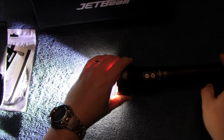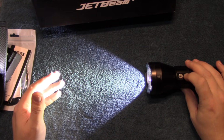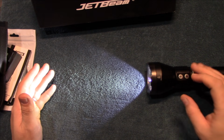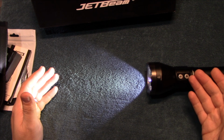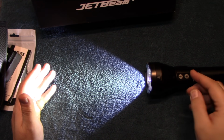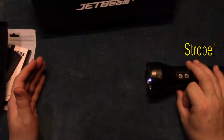Okay, so now we'll go ahead and it starts right back again from the bottom and goes back up. There's no double clicking to get to turbo or anything like that. You can go in line. Now if you want to get to the special modes, all you have to do is press that top button to get strobe,